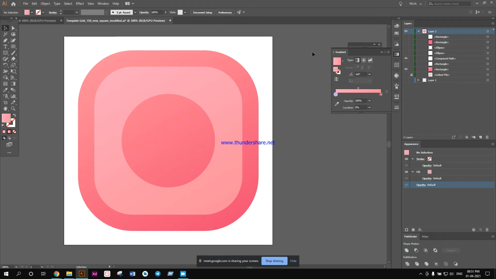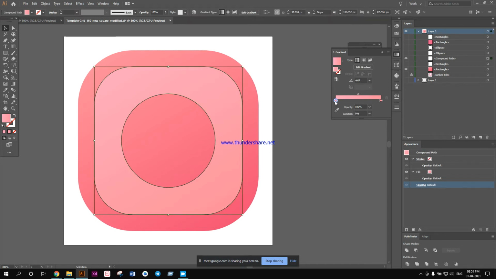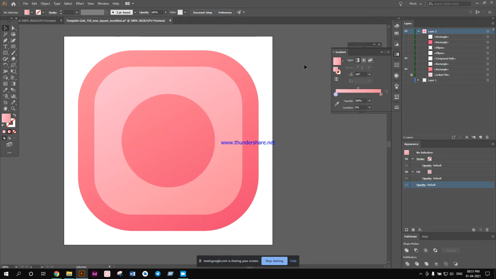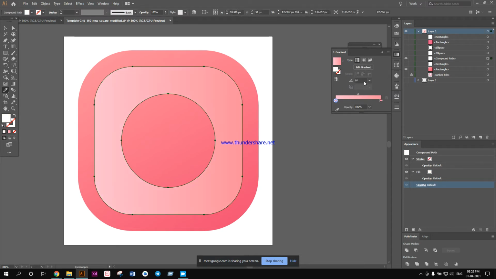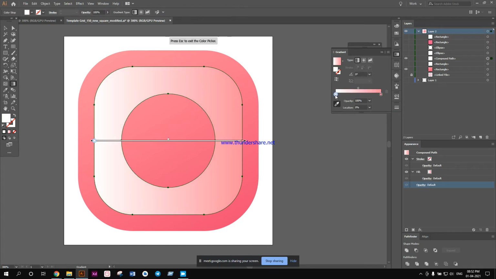Okay guys, you want your icon to look a specific way. If that doesn't look that way, you have to just make modifications. No, it doesn't look that good. I have to create a gradient and then it will be like this. This one I want both colors to be... undo. This color to be white as well, this color to be white as well.